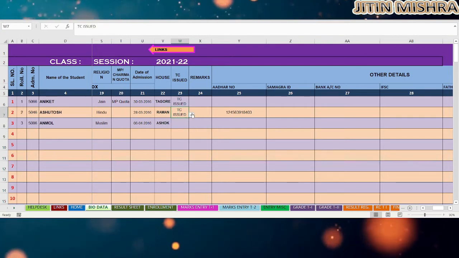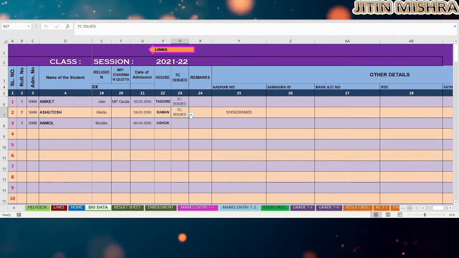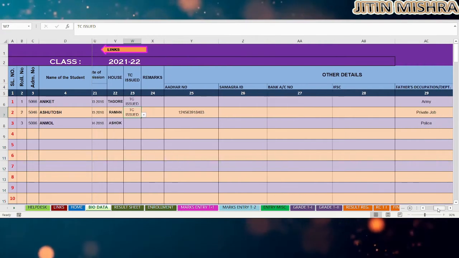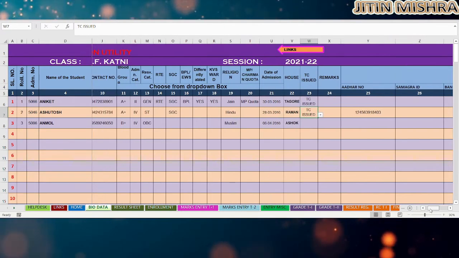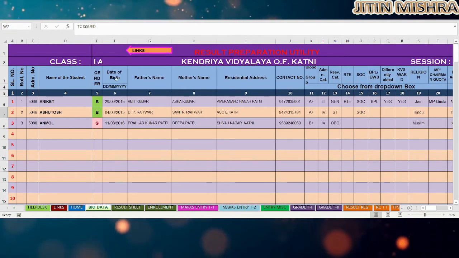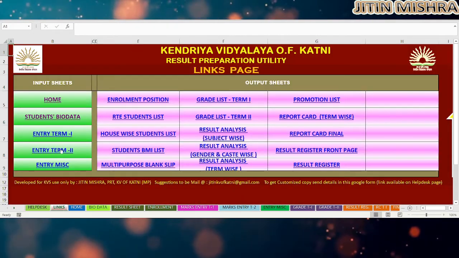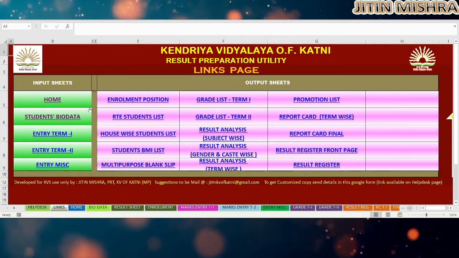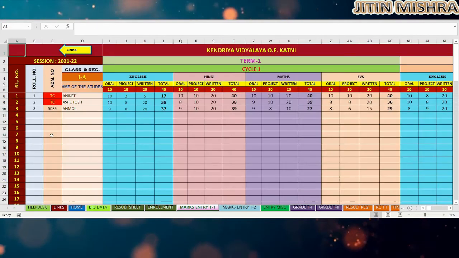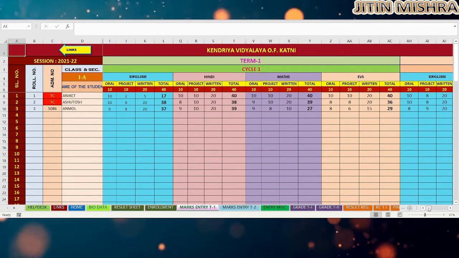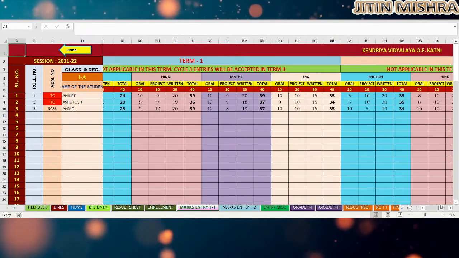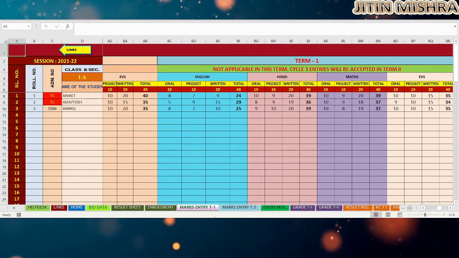If in the middle of the session any student got transferred or a TC was issued, then you have to mark it as TC issued. Then term 1 entry, you have to make the entries for term 1. As we are making it for class 1, only 2 cycles will be evaluated here. See, it is displayed as not applicable in this term. Cycle 3 entries will be separate in term 2.